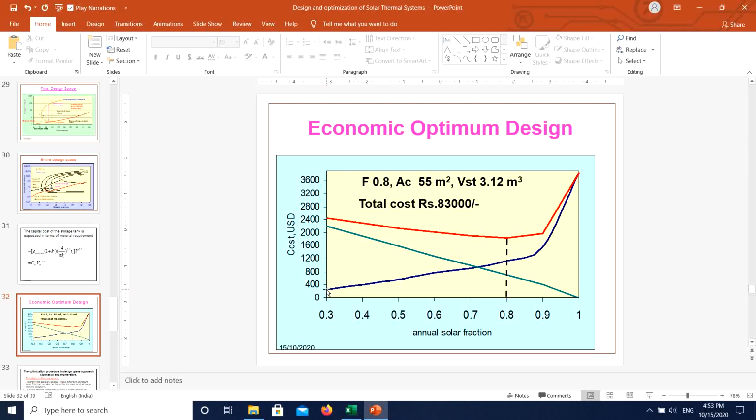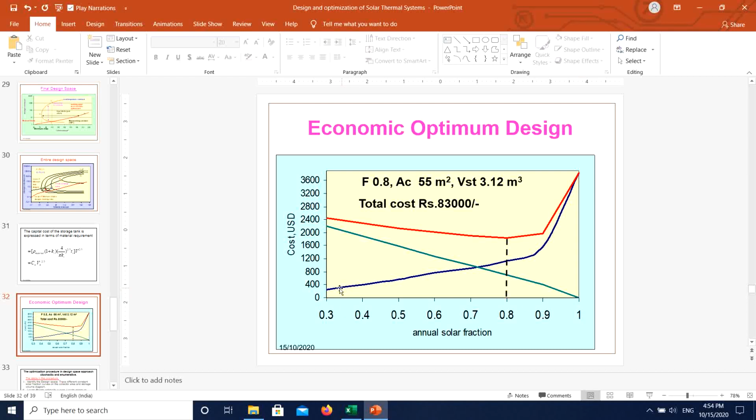So the capital cost of the solar system will be less. But as you go on increasing the solar fraction, solar contribution goes on increasing, and at solar fraction 1, the entire contribution of energy is with solar system. In that case, the cost of the solar system will be highest. As against, if you go for an LPG gas heater as an auxiliary system, when solar fraction is 0.3, means 70% of the contribution is by auxiliary, so the capital cost of auxiliary will be higher. And then as solar contribution goes on increasing, the cost of auxiliary will go on decreasing, and at solar fraction 1, the auxiliary cost will be 0.